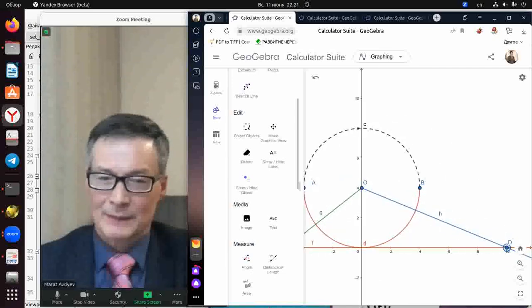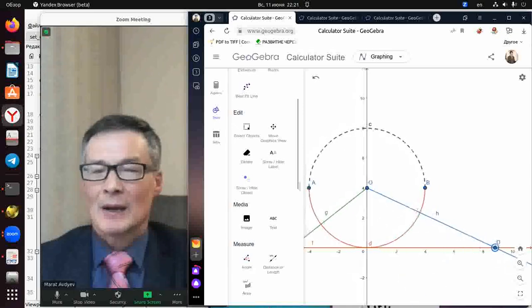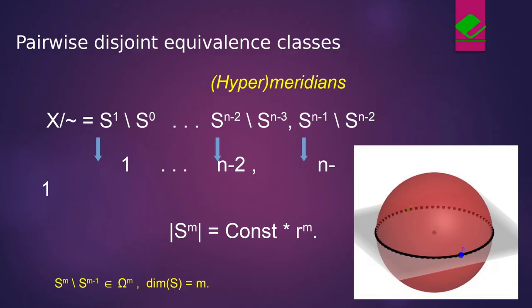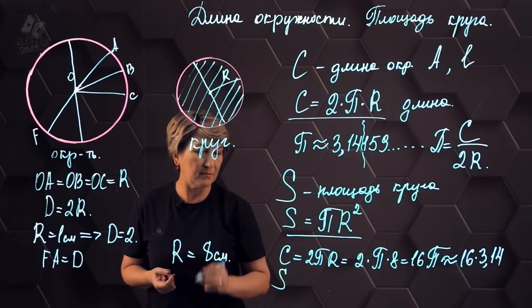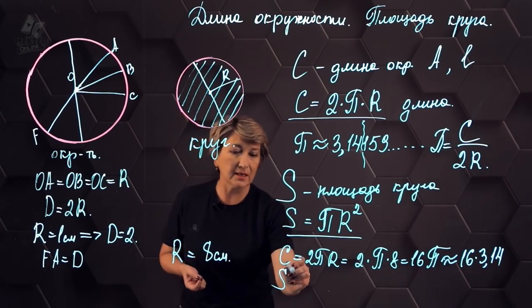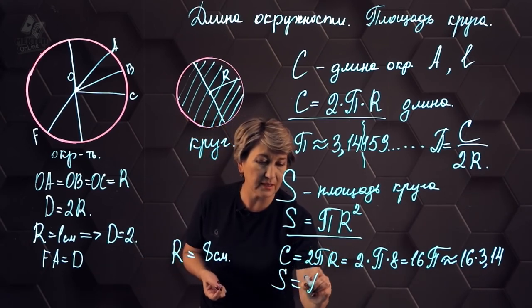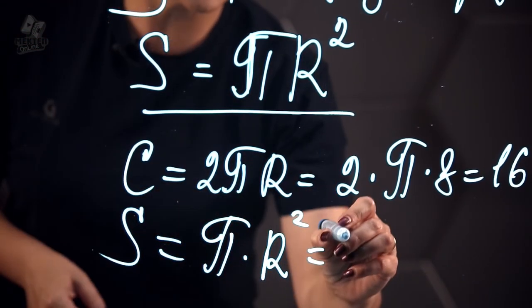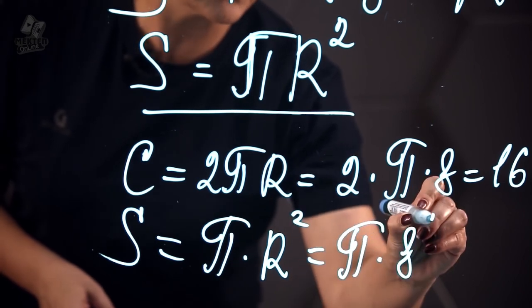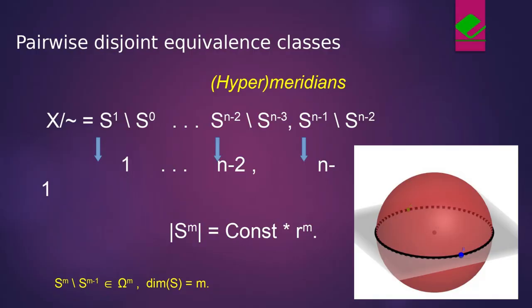A ray of light corresponds to each point on the tangent line of an arc with open boundaries. It is easy to see that the dimensionality of the sphere S or layer, minus the meridian, will remain 1 unit less than the ball covered by the sphere. Indeed, from the school course the length of a circle is 2 pi r and the area of a circle is pi r squared, as are the area of a sphere and the volume of a ball, and in the general case the dimension of the layer we are studying is n-1. It turns out that on a perfectly smooth homogeneous surface of an n-dimensional ball there are geometric elements of all dimensions from 1 to n-1.